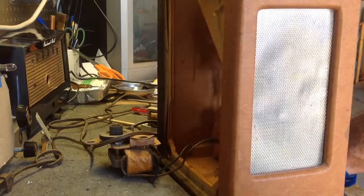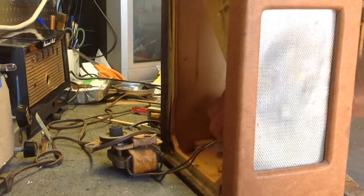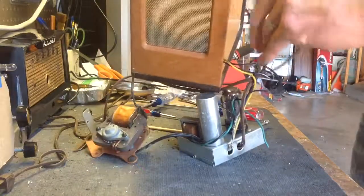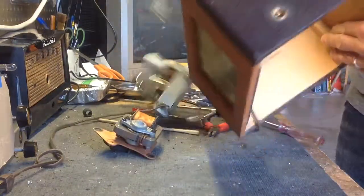And I'm just going to leave the speaker in it for now because I don't want anything to happen to it. I don't want to poke a hole in the speaker or anything. So get that screw out of there, and don't lose the screw. Run that through there, and now we have the cord up out of there. Okay, there's your